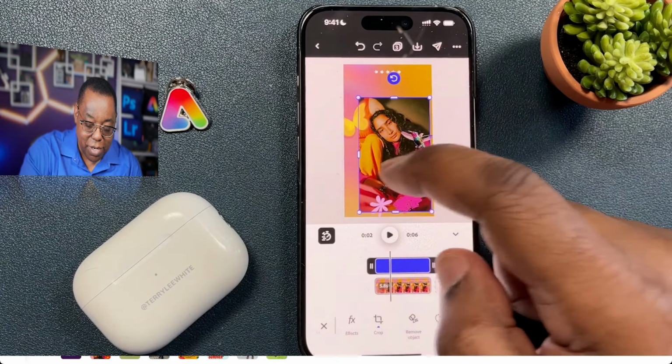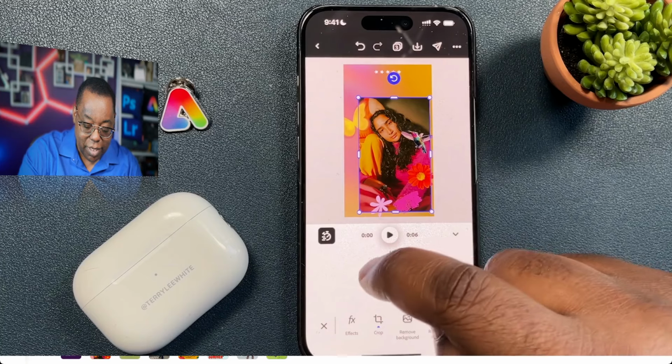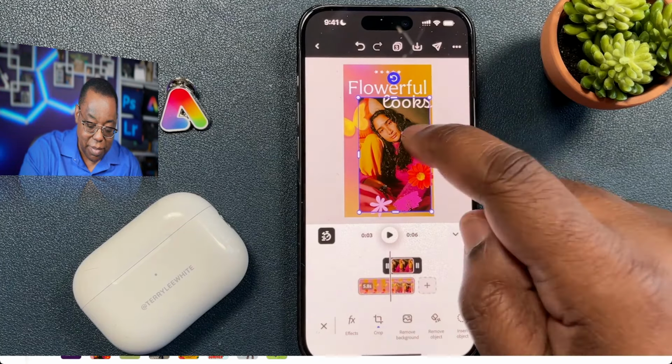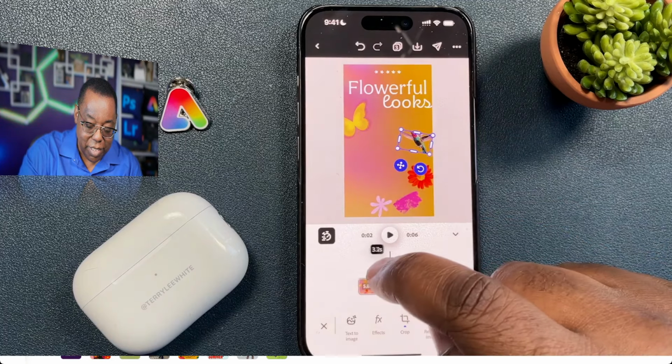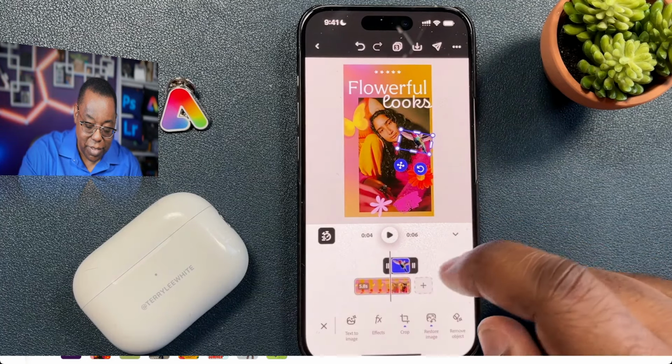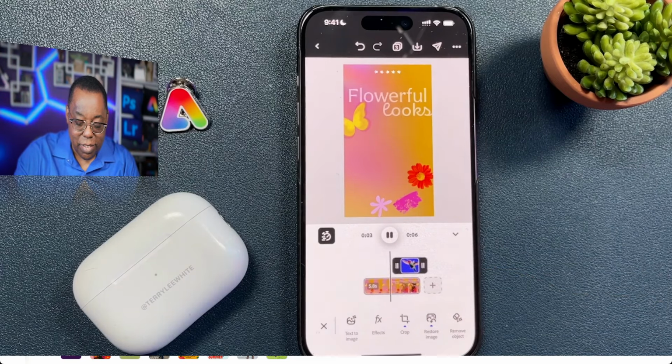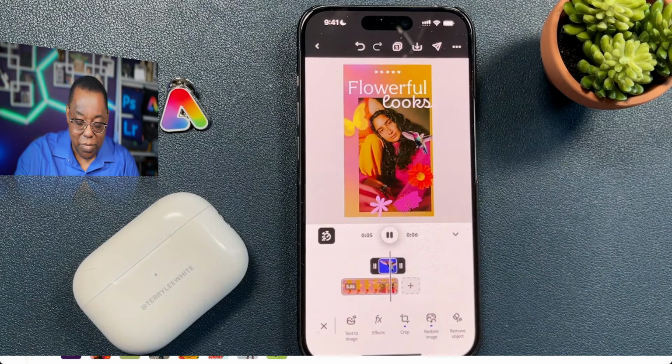If I tap her and say bring her in, I can even bring her in after the Flowerful looks come in. Same thing for the hummingbird: bring the hummingbird in after she's in. So now the three things will come in separately: 1, 2, 3. And if you want to change any of them, for example, Flowerful doesn't start soon enough, then pull it back over. All right, so that is how to create an animated video just by animating elements already